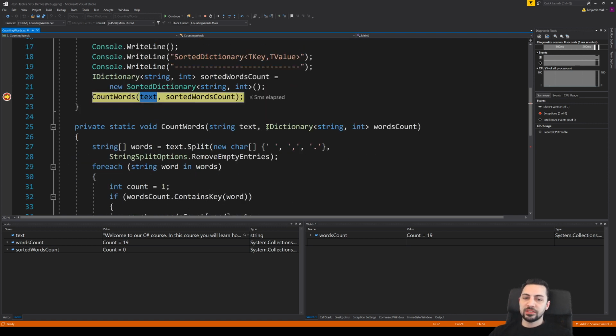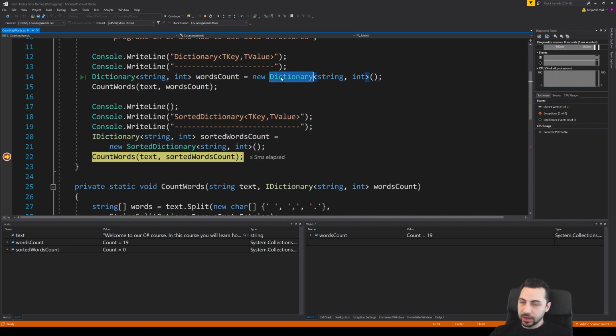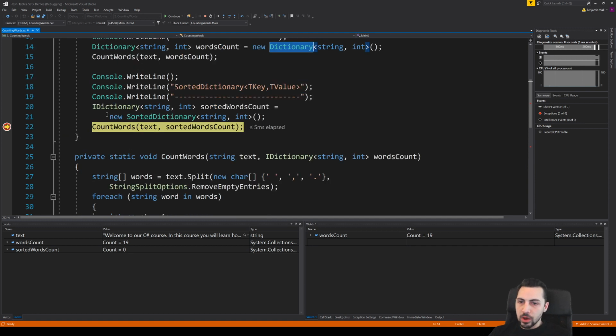So this method signature can take either type because both sorted dictionary and dictionary, as a class, implement the IDictionary interface. So we could never instantiate something that is an interface, but we can create a reference pointer to something that inherits from that, or rather implements it.